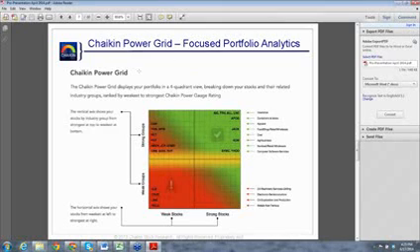We call this the Chaikin Power Grid, and it lays out on a grid weak to strong stocks, weak to strong groups, and plots your portfolio in that grid. So by definition, the names in this bottom left-hand corner, weak stocks by our model in weak groups also by our model, are names that would raise a red flag. As with any other research or quantitative product, you might ignore it. You might have your own work on that stock that makes you comfortable with it. But again, the idea is